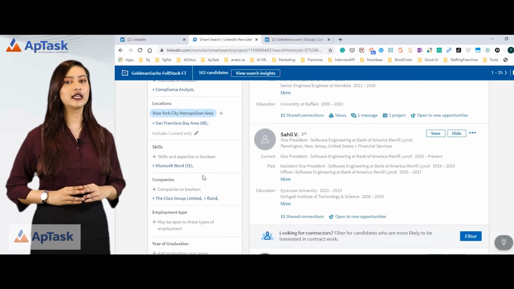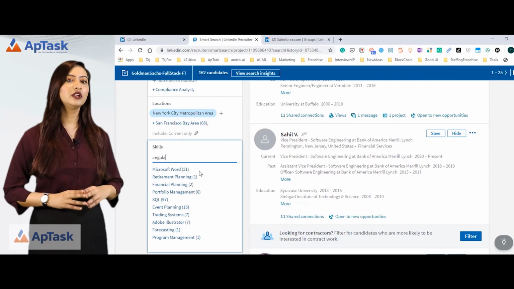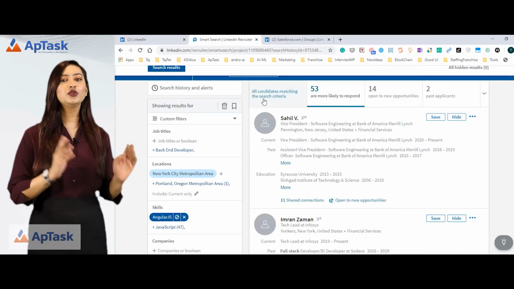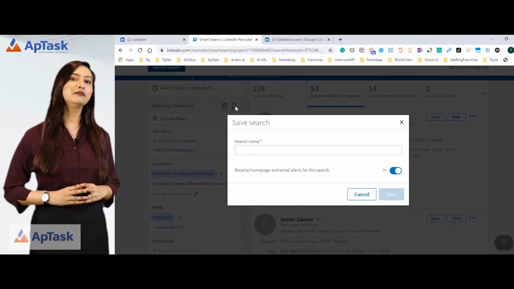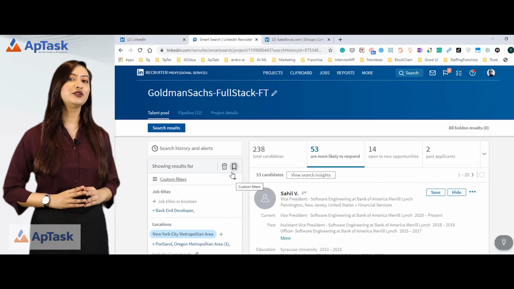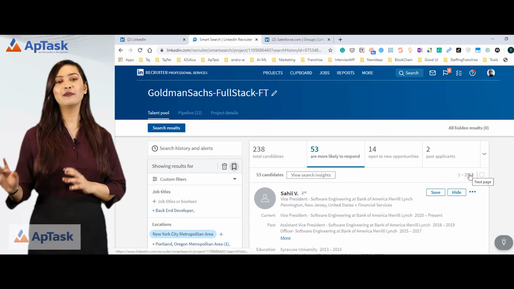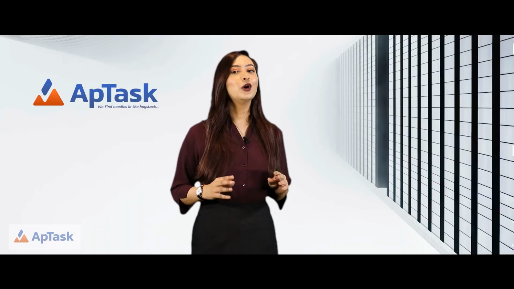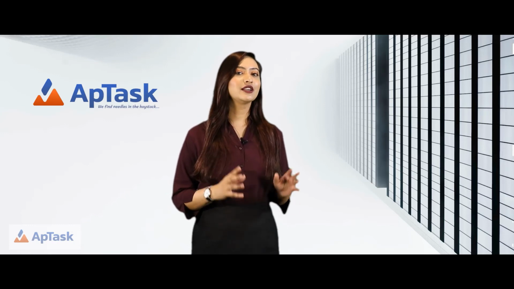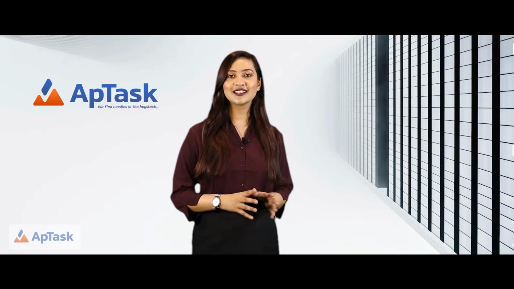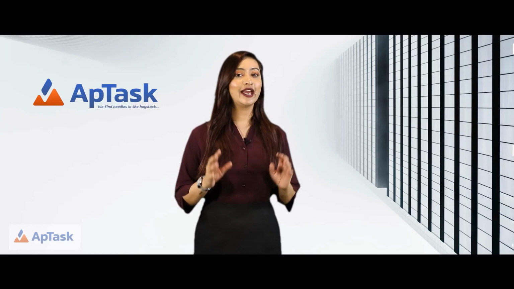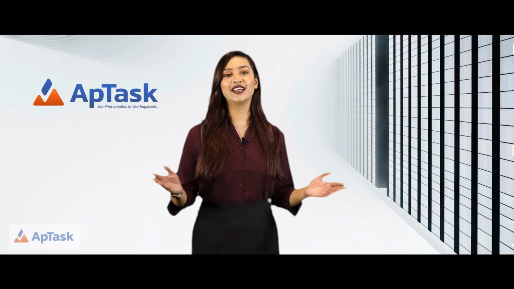Now let's add another skill here, saying that I want to have people with AngularJS experience only. Now, we are reduced to 238 people only and you can come back here and you can save this search. Revise the search and you will be able to save all the previous parameters along with the new parameters. Hopefully this gave you a good idea of how to use LinkedIn Recruiter, how to create a project, how to create basic filters, how to manage your clipboard, how to create an InMail template, how to send an InMail, and save the search along with the agent options.